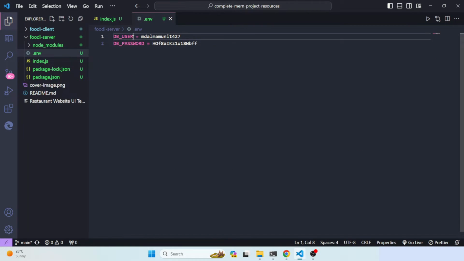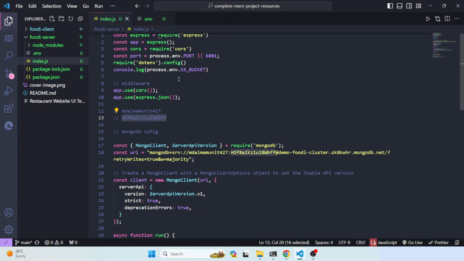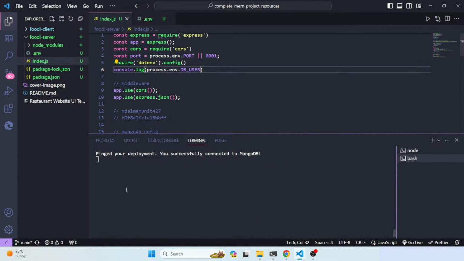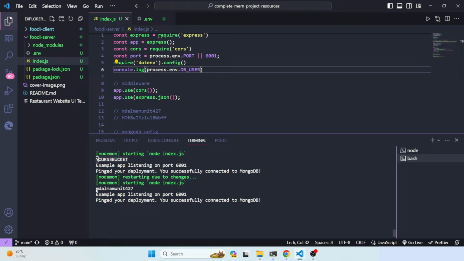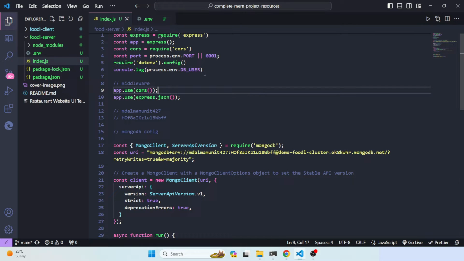To get the DB user, we will copy this, and to check it we'll simply define process.env.DB_USER. Now if you check your terminal, you can see here the username is this one. So this way you can get this value from the .env. So we will use this value. We'll copy this and instead of my username we'll just